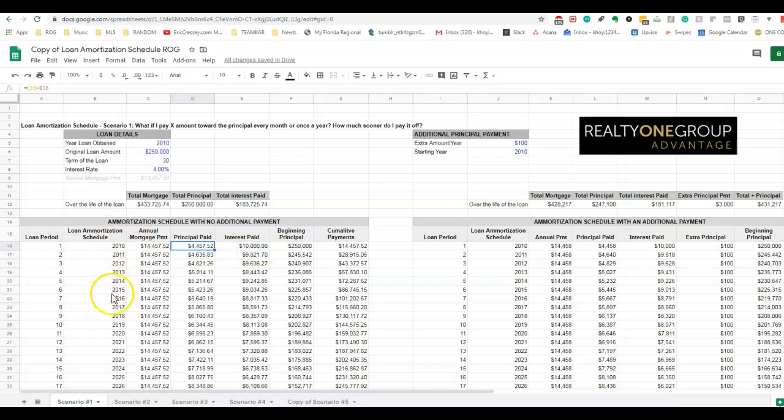This simulation shows it by years and not by months, but that's okay. Now the lifetime of the loan, on $250,000 over 30 years, you end up paying $433,000, of which $250,000 is your principal, $183,000 in interest. Now we move over to this model. If we paid an extra $100, every year,